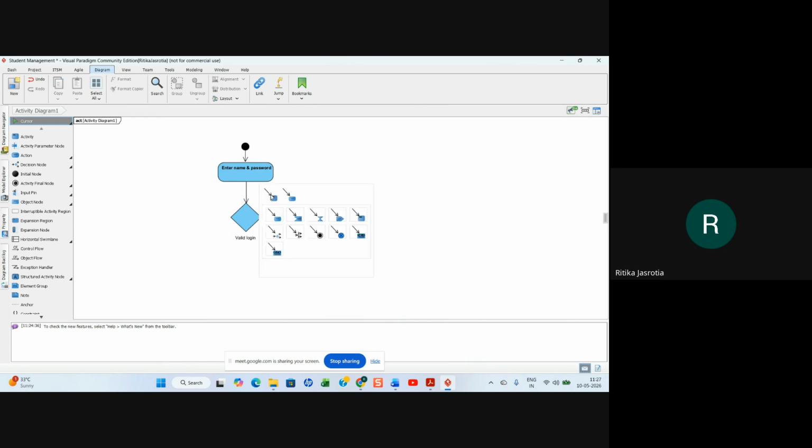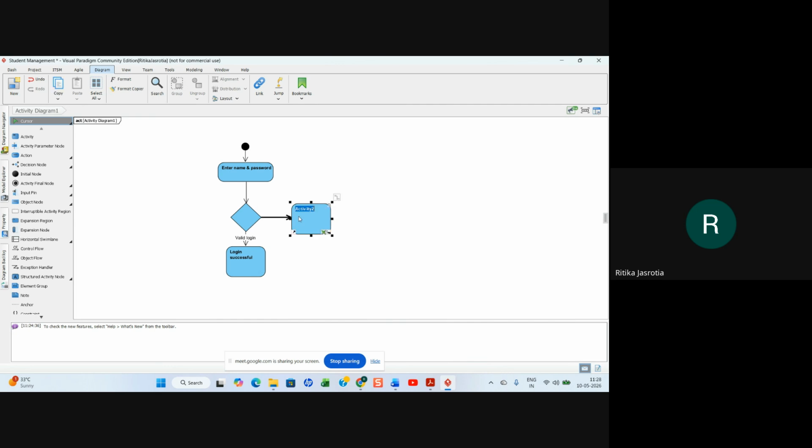So if it is a valid login, you can show an action or an activity. So I'm showing an activity only, right? One will be this, the other again like this, right? So here this is the valid one, login successful, right?